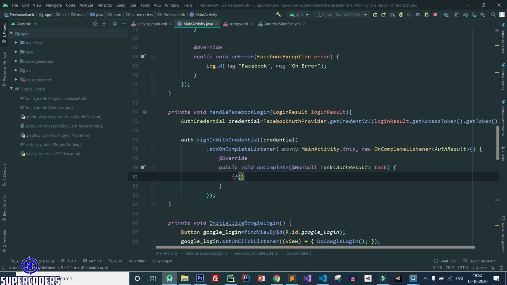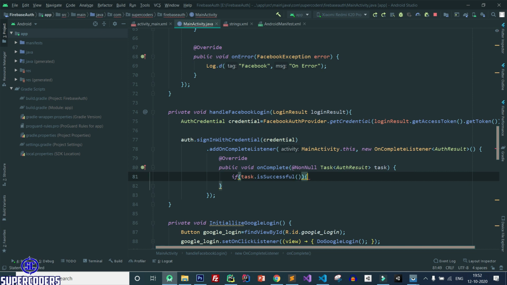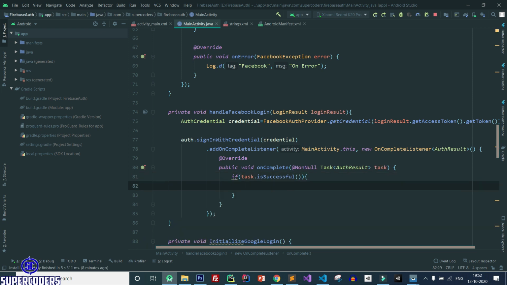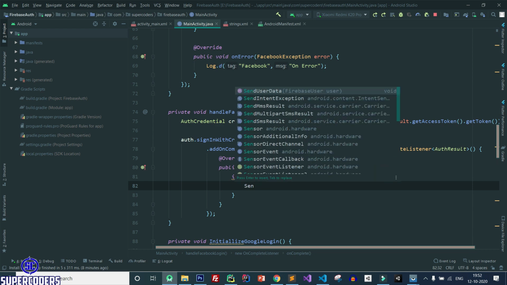If task is successful, then again send user data.